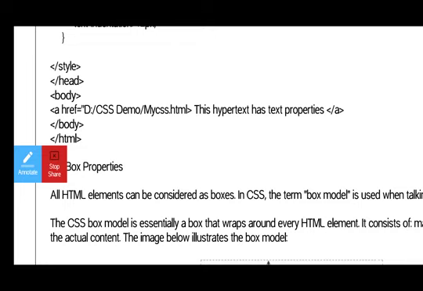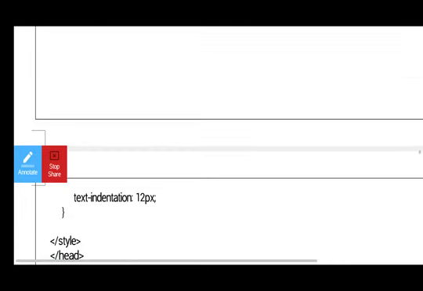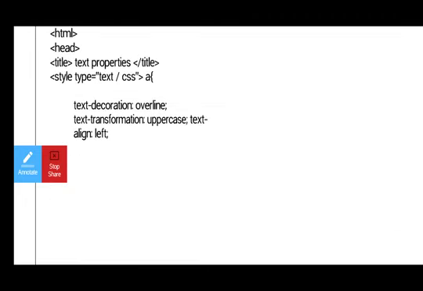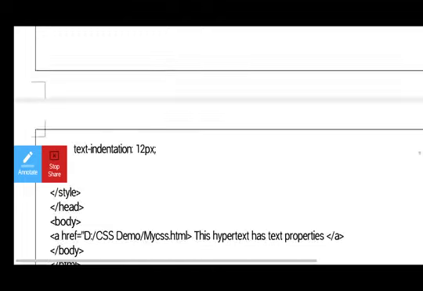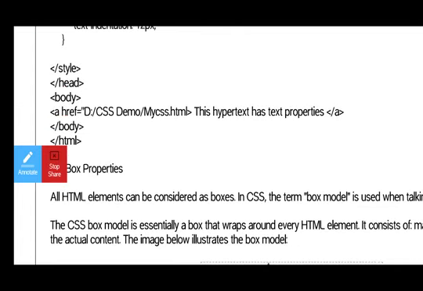So it is an anchor tag. We are going to use it in the starting itself. So we have used the anchor tag, that is A. In this anchor tag, we declared all these text decoration, transformation, text alignment and text indentation. And we are going to end the style, end the head, and start the body.